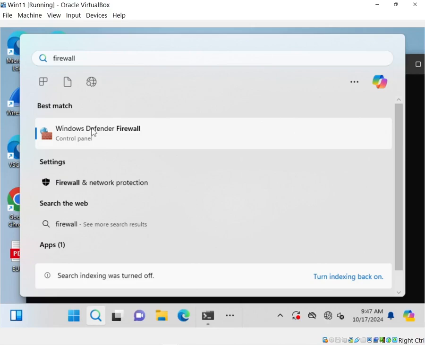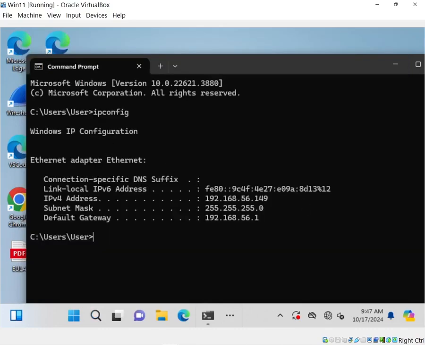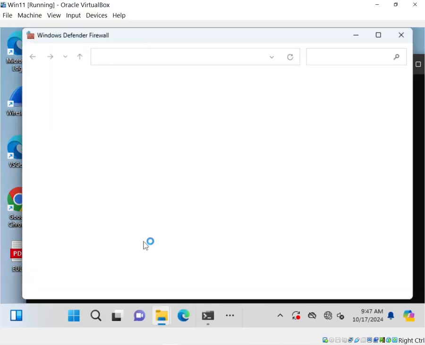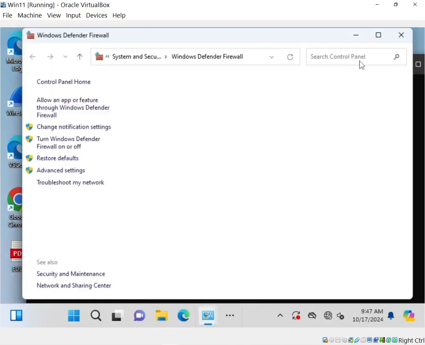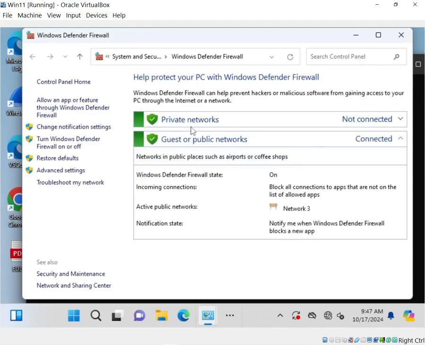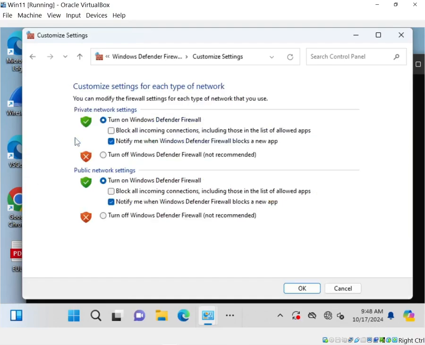And once I disable it, you're going to see a response. All right, so as you can see, it's enabled. So once I go here and turn it off,